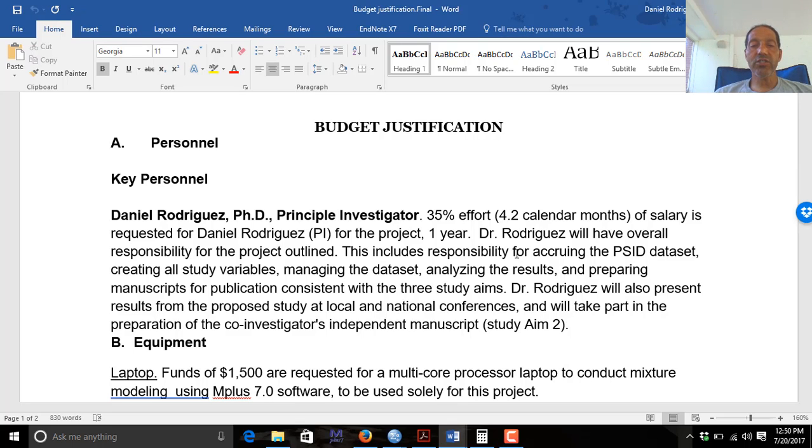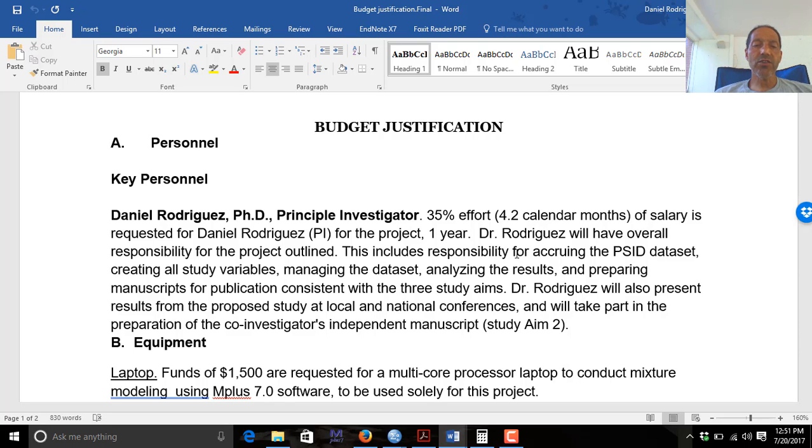The point here is that you want to justify the amount of effort you're spending. I've been dealing with this issue now at LaSalle with my newer grant because LaSalle hasn't had as much experience with such grants, the NIH type grants, where we have to calculate our time, so our teaching takes a part of our time. So the point is that all of our time has to add up to 100%. Like I can't go to 120%, I have to be at 100%. So if I do 35% on a grant, as is written here, that means I only have 65% left for teaching and other duties. So one has to account for one's time very well.